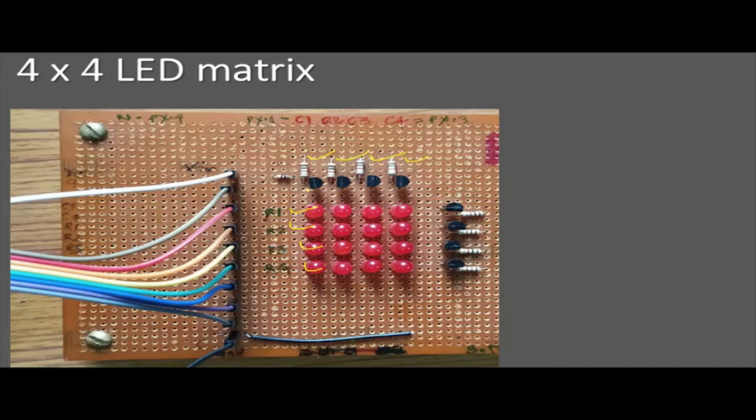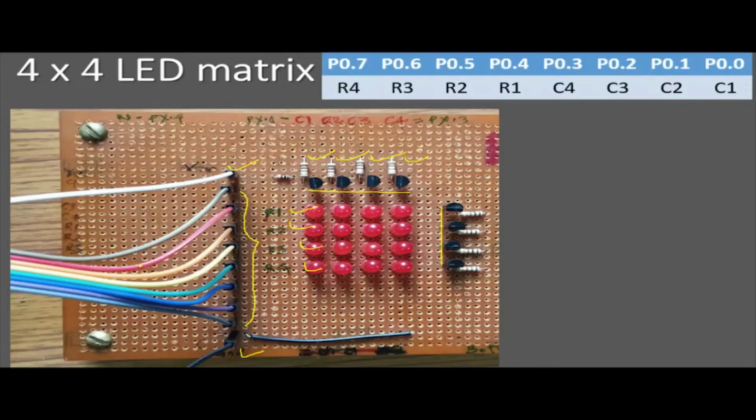C4. These 4 transistors belong to the column and these 4 transistors belong to the row operation. This topmost pin, it is connected to VCC, and this is the bottom pin, this is connected to ground through this connecting wire, and these 8 lines which are related to 4 columns and 4 rows, they are connected to port 0 of microcontroller.